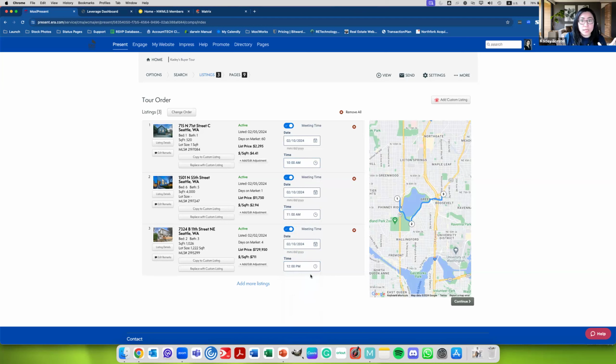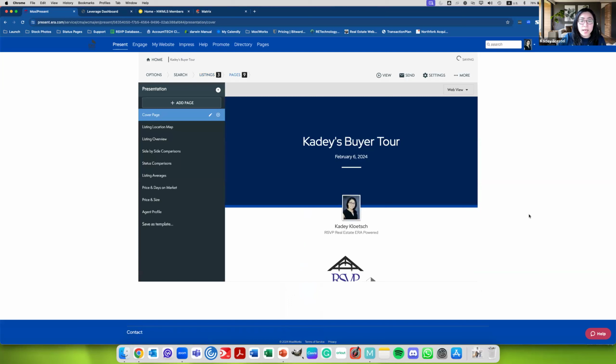So now we've got all of the times for all of these showings set up with these different properties. After we've set up the order and everything, we're going to click continue again. And this is where we get to the more standard step, like when creating a CMA report, which is where you're going to customize the pages or the slides that you and your clients are going to be